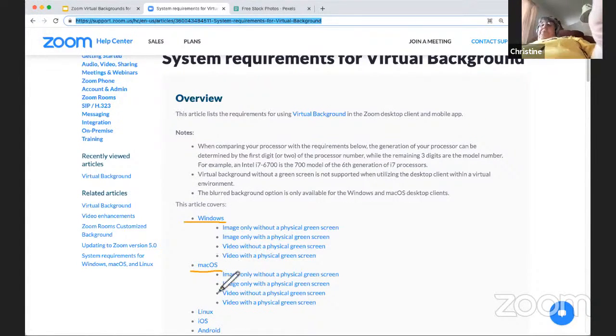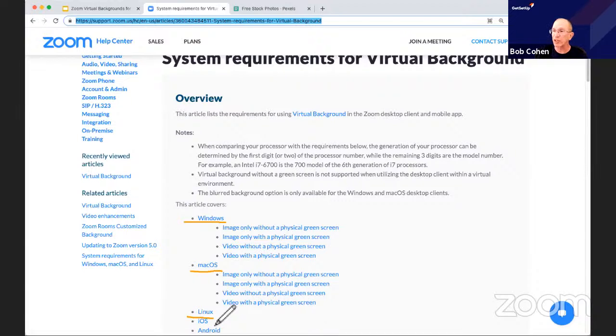Windows, Mac, Linux. Anybody have a Linux machine? Most people don't. Most technical people do, but most people don't have a Linux. iOS, that's iPads and iPhones, and Android. Zoom will work on all of those devices if you have a fast enough CPU in your computer or device for it. That's the main thing. The reason is that when you're using virtual backgrounds, now this is my excellent, fantastic drawing